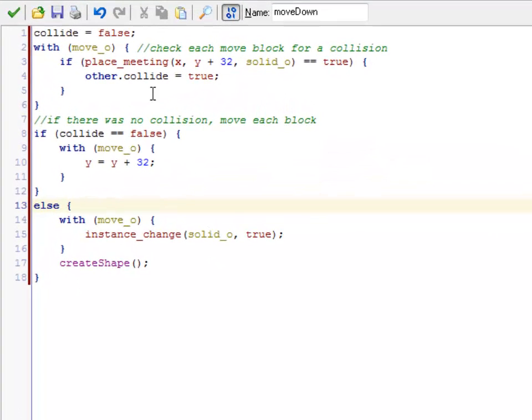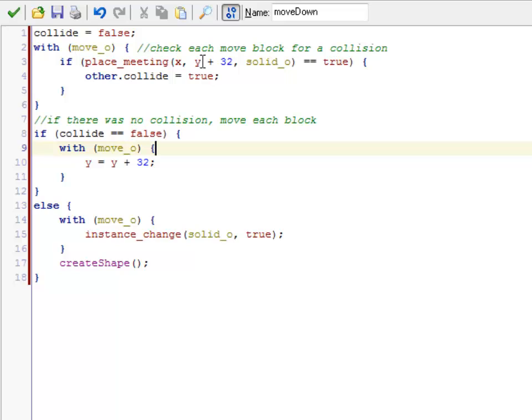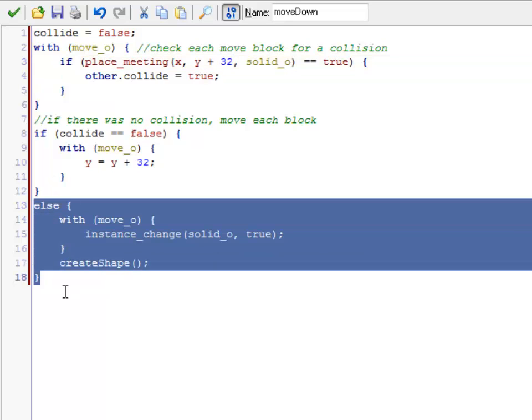All right, so moving down, much like moving left and right, is very similar. You have the same sort of check your collisions. The only difference is instead of the X position, you're checking Y. The other thing you have to do is, if you did collide with something, moving down has a different requirement